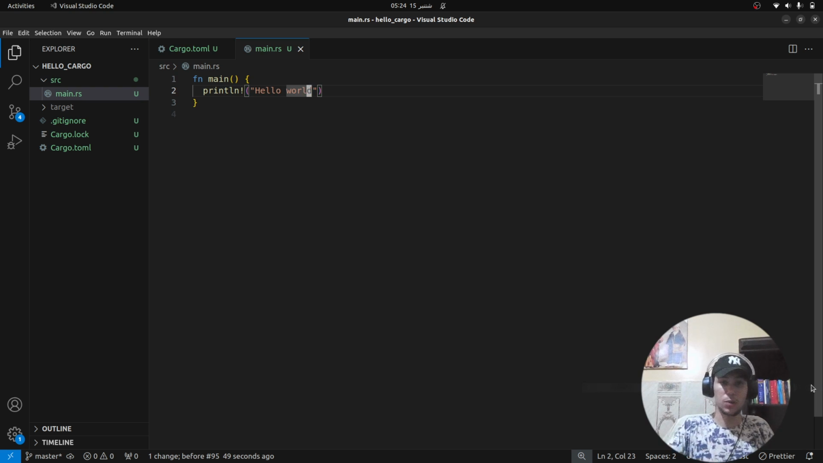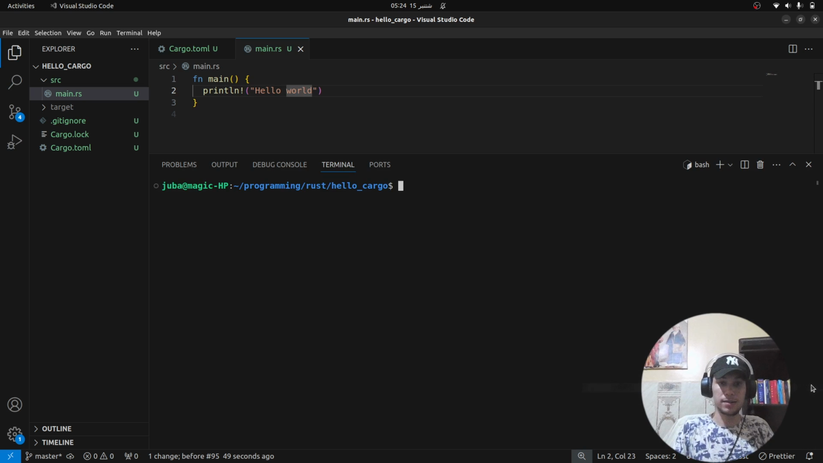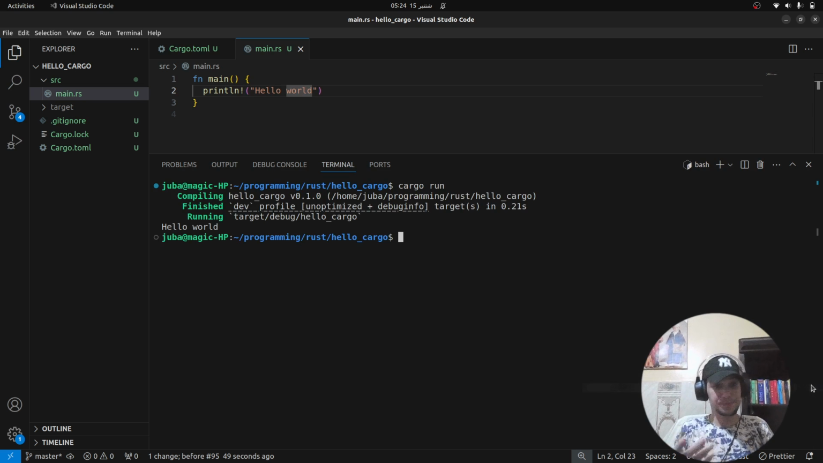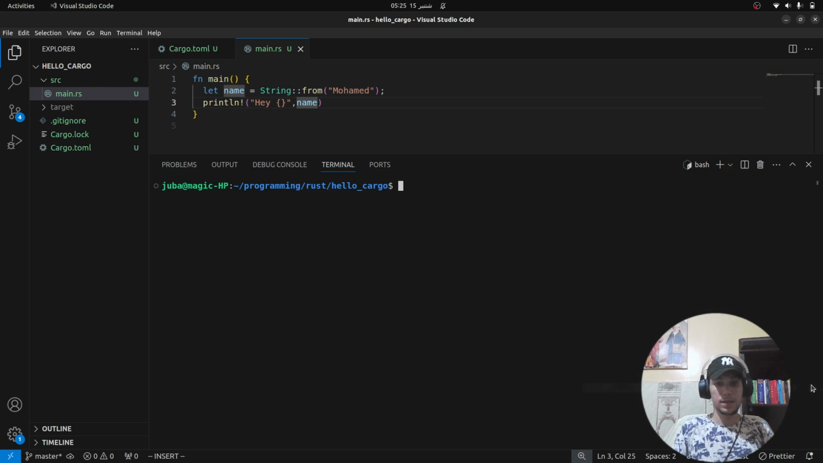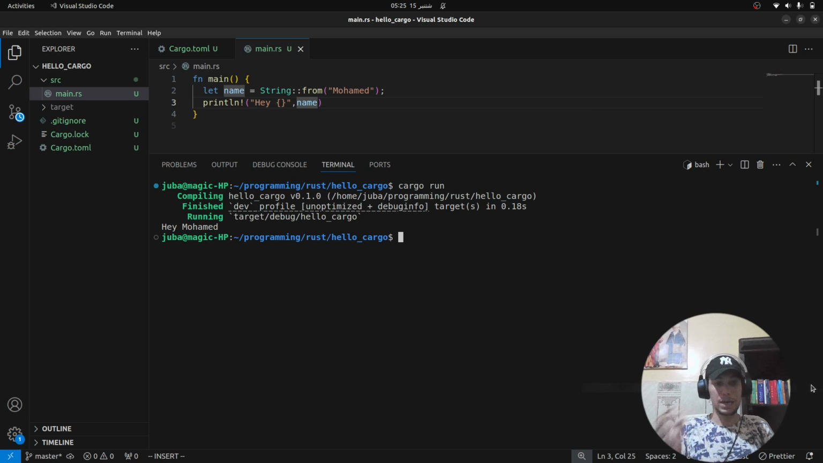So we have our Hello World program here. Let's run cargo run. So it works. Now we will create a string variable and assign a value. For example, let name equals String::from Muhammad, and println hey name. And if we run this, hello Muhammad, so it works, everything's fine. But